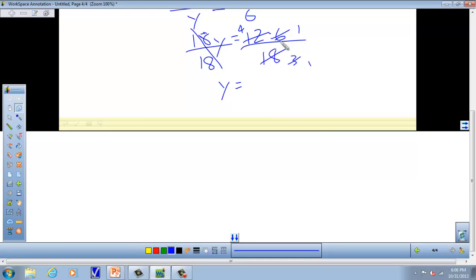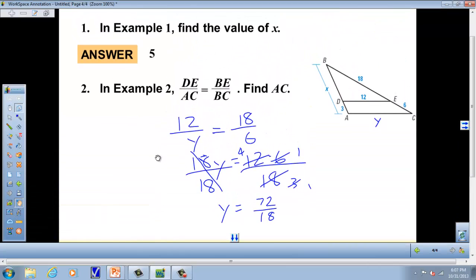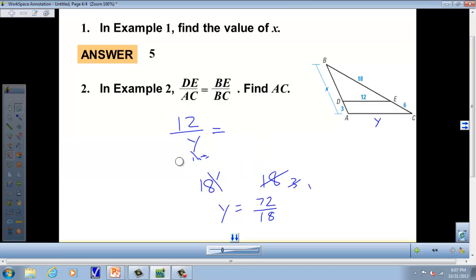12 times 6, and then we divide by 18. 12 times 6 is 72. 72 divided by... Let's try this again. Let's go back up to the top. I did something horribly wrong. So it would be 12 over y. Oh, I see what I did. Okay, sorry about that. Start over. Sorry. You're going to be angry with me, aren't you? And